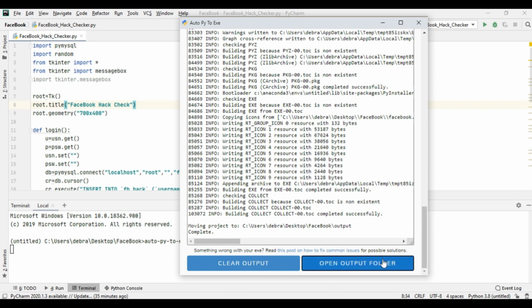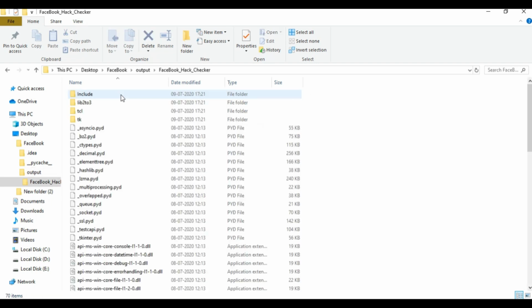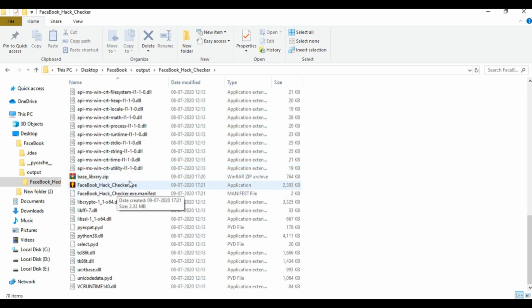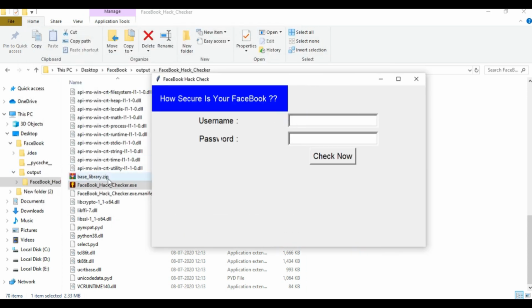So open the output folder. So see, we have generated a directory, and this is all the required DLLs for the application. See, this is the exe file generated, Facebook hack checker. Same thing, exe file, you can send it by any phishing link, or you can store it in database like Google Drive or Mega.